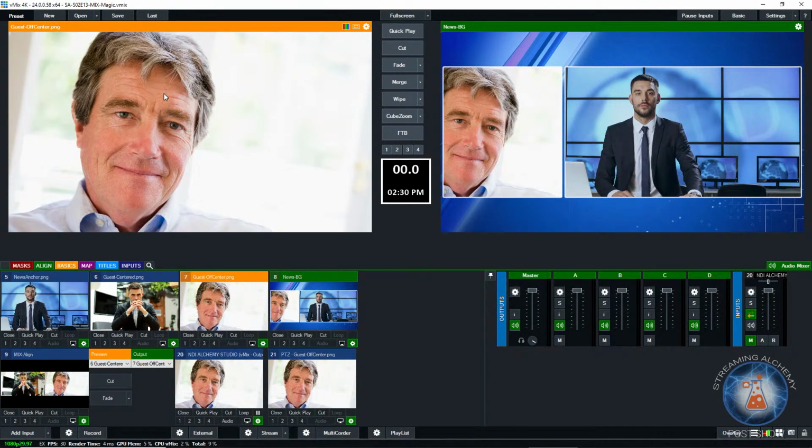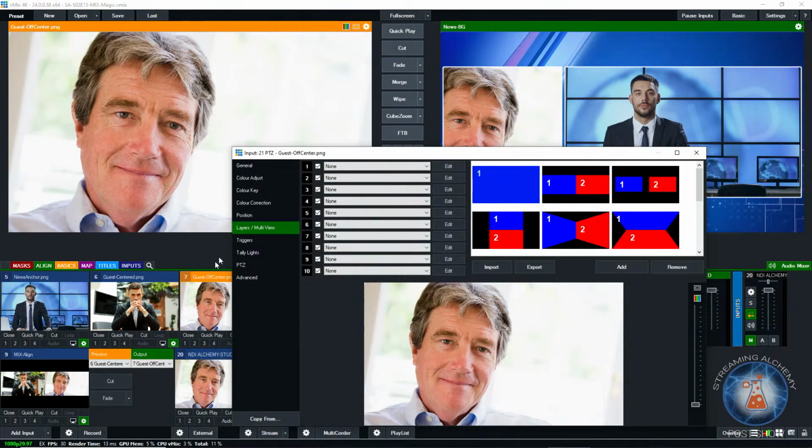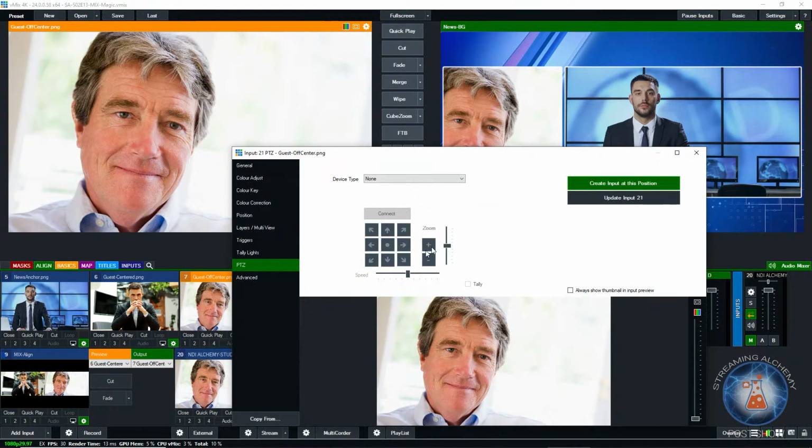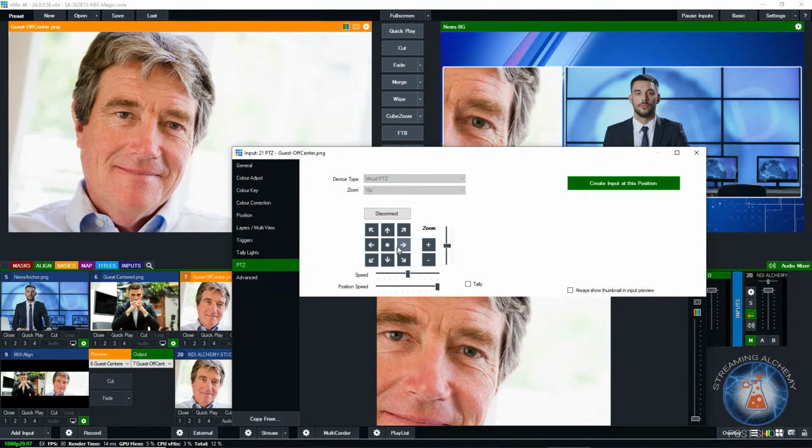So what we potentially could do is go in here and do the PTZ controls. Yes, so when I do the controls, you don't get anything because I'm zoomed all the way out. So I believe now if I zoomed in,